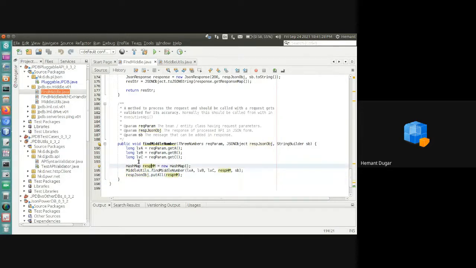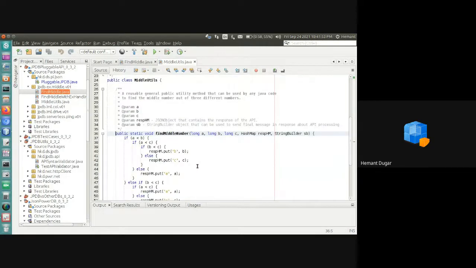So we have taken 3 parameters. The response hash map is an empty hash map, and then we have a utility method, middle number, where we send these 3 values, A, B, and C, this response hash map, and a string builder for any error message. Now go inside this.